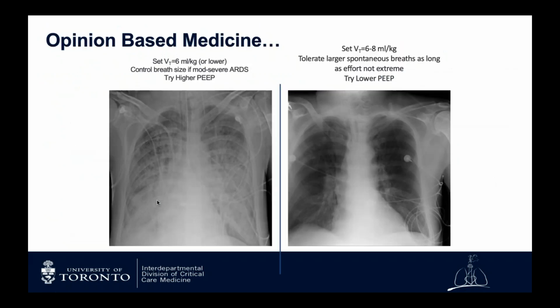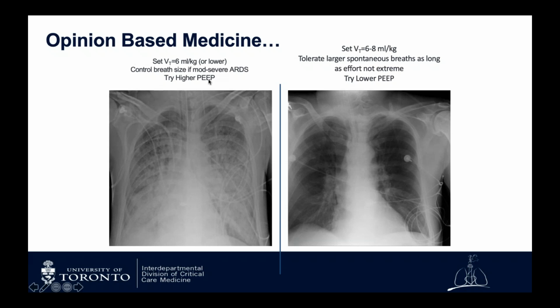So to wrap up, what should we actually do? We're seeing COVID-19 patients present in both of these phenotypes. In this phenotype, with the wet and white lung, severe ARDS, and sort of stereotypically classic severe ARDS, I set the tidal volume to be 6 mils per kilogram or lower to keep a plateau pressure less than 30 and targeting a driving pressure of less than 15. If the patients need to be sedated and paralyzed to achieve that, then so be it.